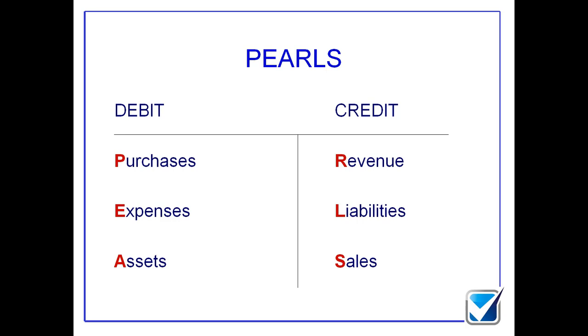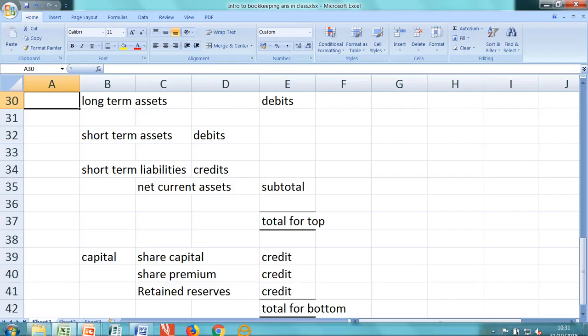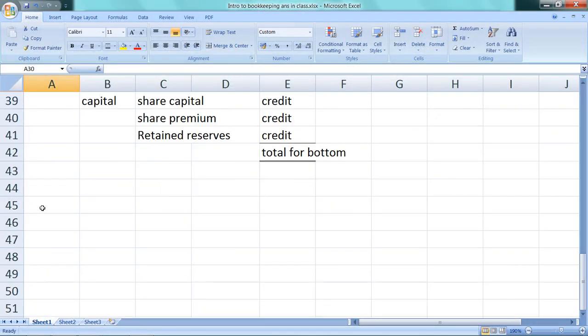Right, let's have a look at example number 1. If you go to page 14 within your packs, what you've got is our first example. Now what we've got here is a shed load of various different transactions. What we're going to do is process the debits and credits. As we go through, I need you to think about the impact on the balance sheet and the impact on the profit and loss account. Think about the debits and credits based on that wonderful big T account, and think about it based on PEARLS as well. Okay, so let's have a look at the first one.